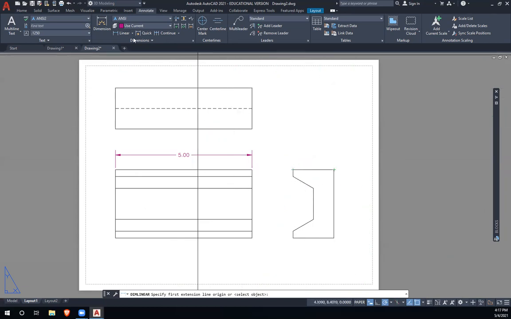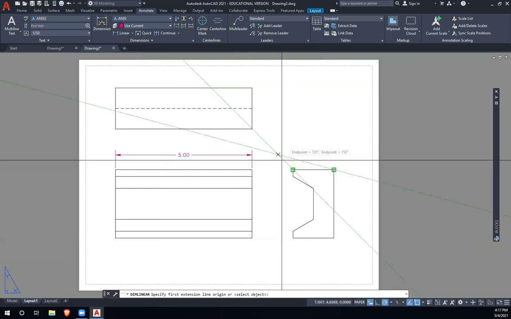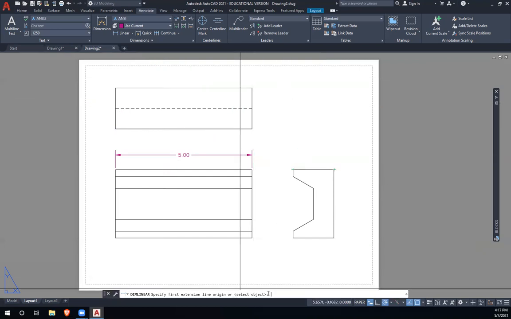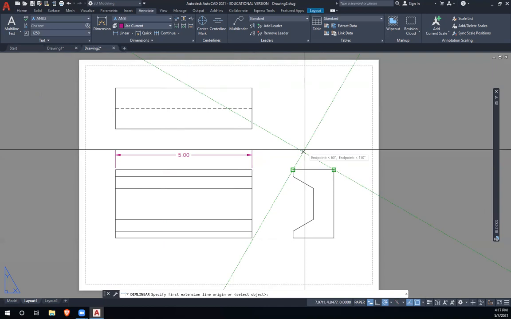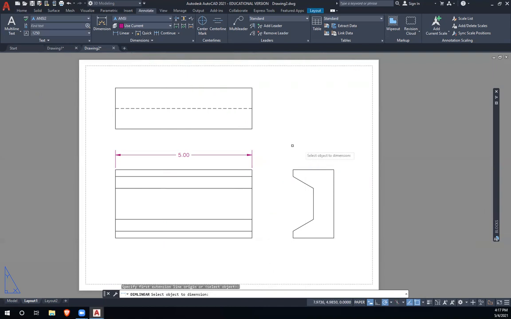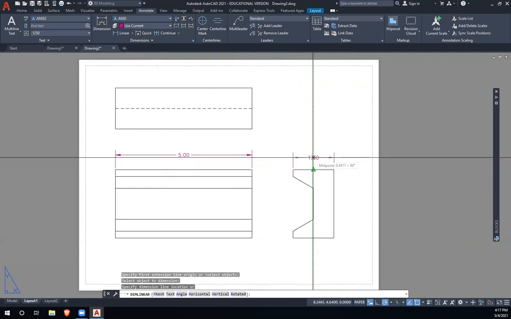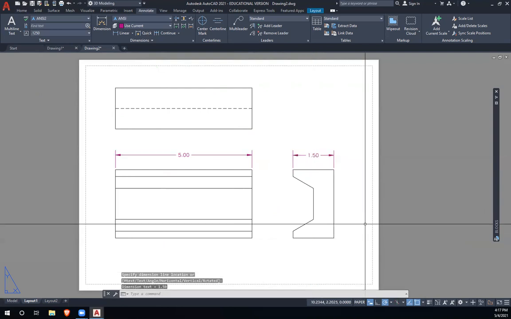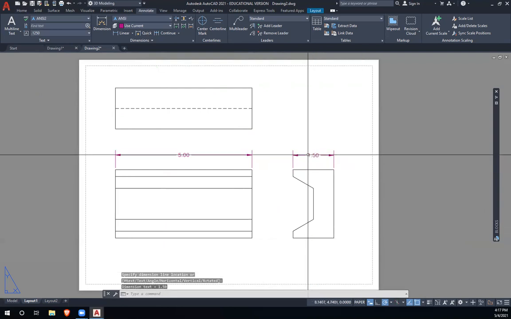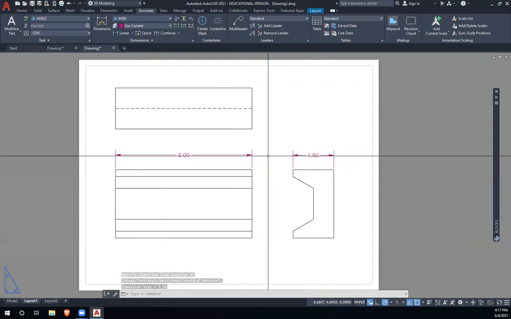So when I click on that dimension, I'm just going to hit space. And you can see in the brackets there, it says select objects, right? So if I just hit the space bar, it turns to a pick box where I can just select the item that I want to dimension. So I click on that edge and it goes right to it. And see how I lined up those arrows, not perfectly, but pretty close to